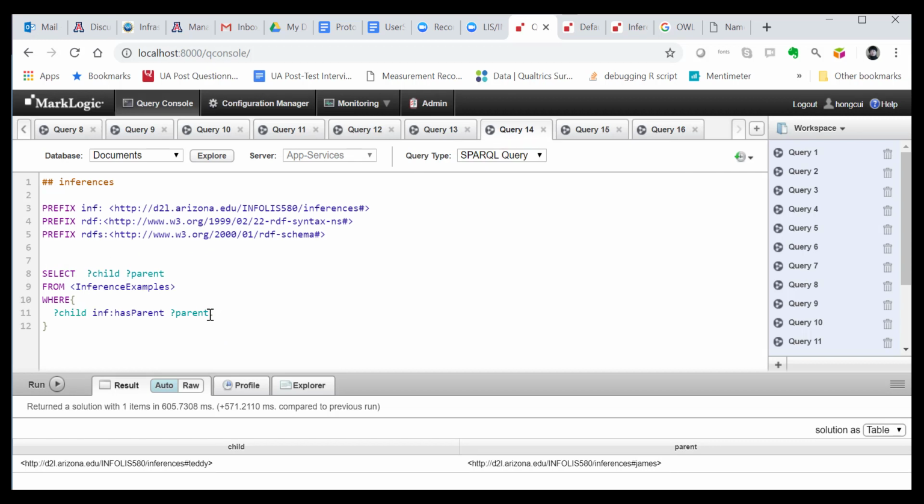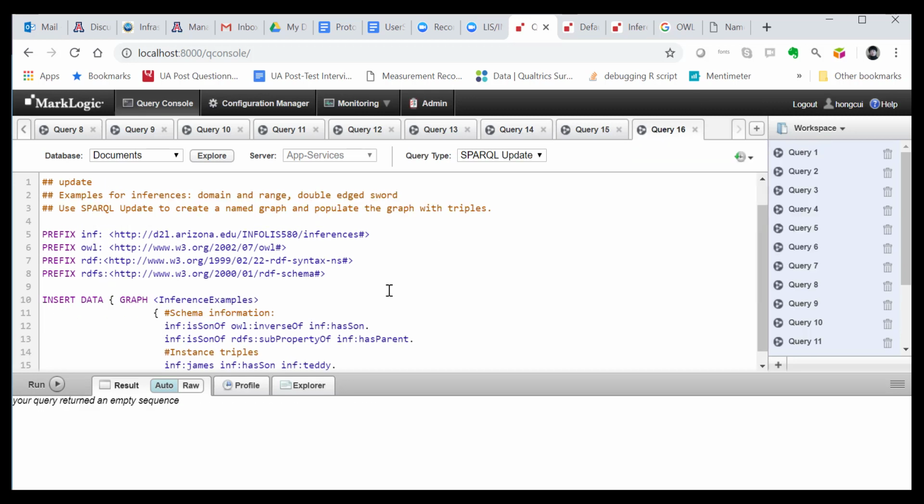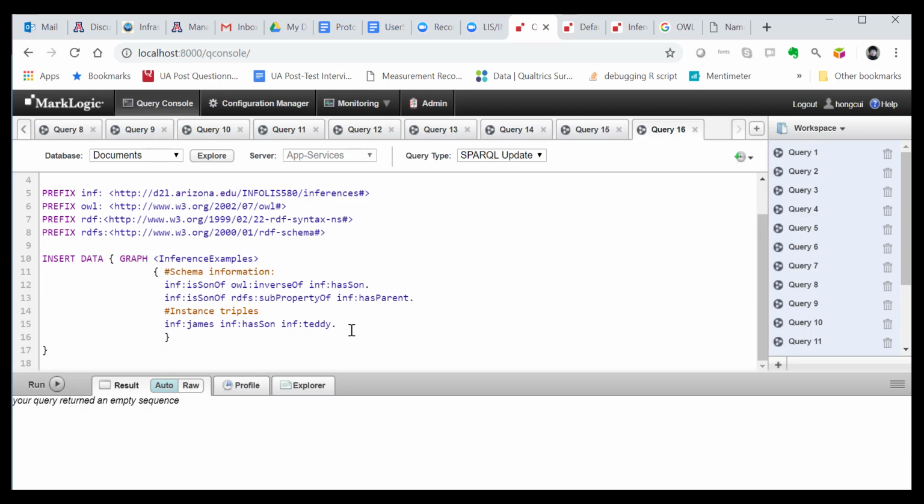We want the system to output any children that have a parent that was expressed in the graph. So when we run this, we're going to find that the system did recognize that Teddy is a child of James. Going back to here, we didn't say explicitly, look at the instance triples, that Teddy